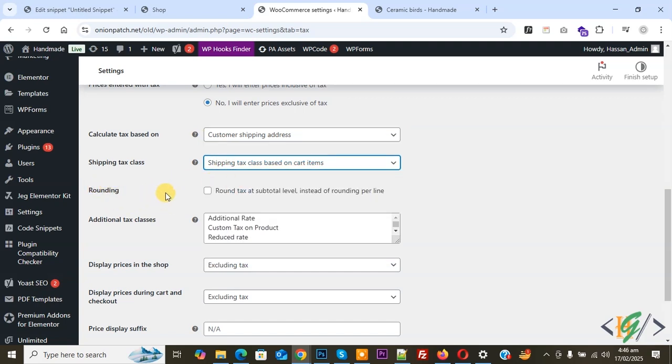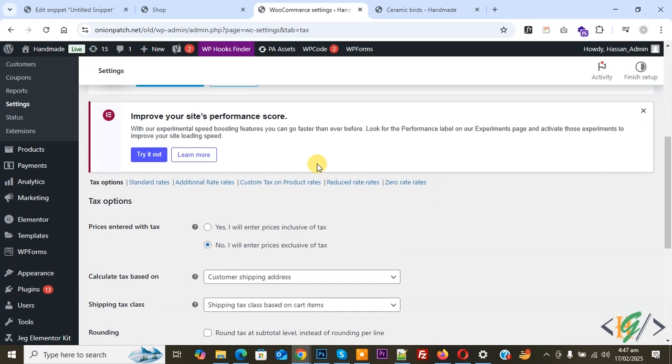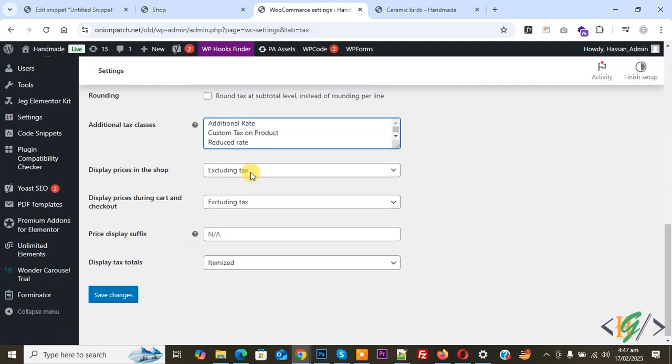If you want, you can enable this option, and then you see additional tax class. Now you see, so you can create class according to requirement. So we are going to create additional tax class. Now press enter and then you can add name. So we added additional tax class name tax on US country. So when we click on save changes, then this class create and then show here on this location. So we added class name and then you see display price in the shop excluding tax,